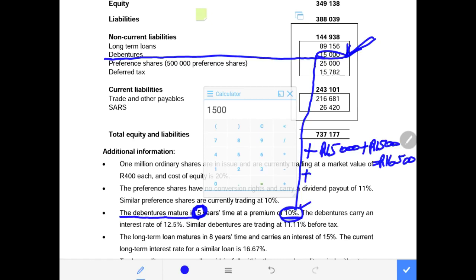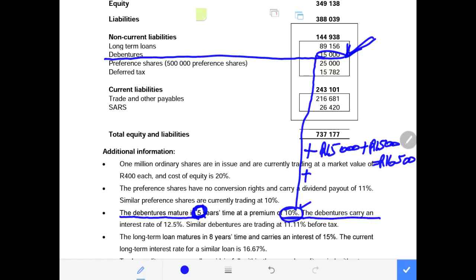So this is the amount that will be paid to the debenture holder at the end of the 5 years period, which is the maturity of these debentures. Then after it says the debentures carry an interest rate of 12.5%. So now meaning each and every year in the next 5 years, we have to pay the debenture holder